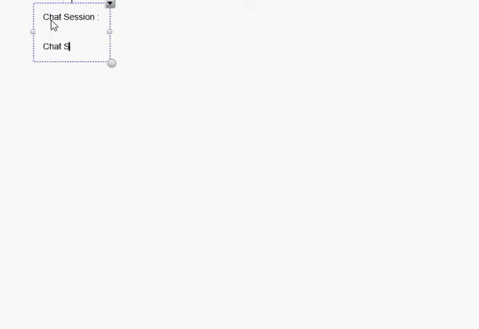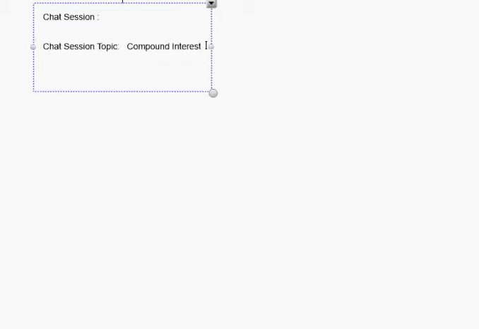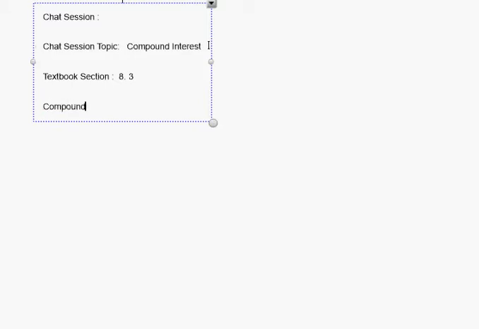The chat session topics we are first discussing are compound interest. And this is from the textbook section 8.3, Chapter 8, Section 3. Compound interest